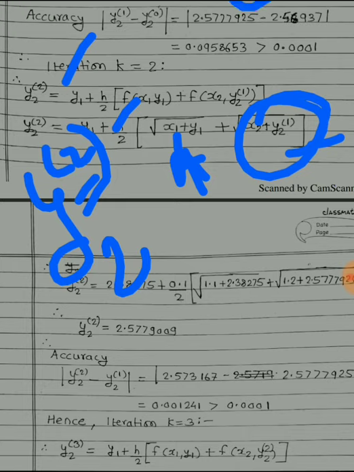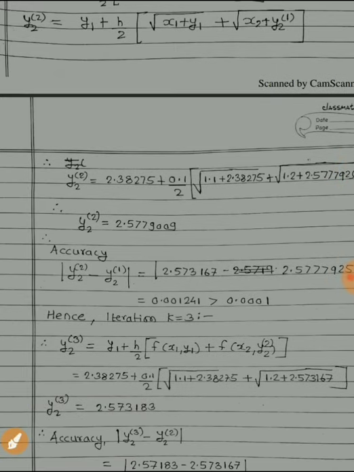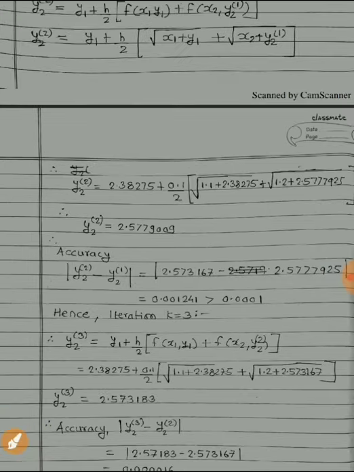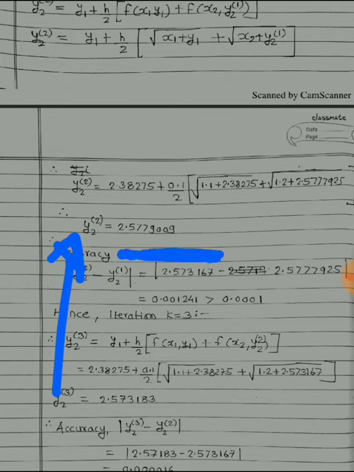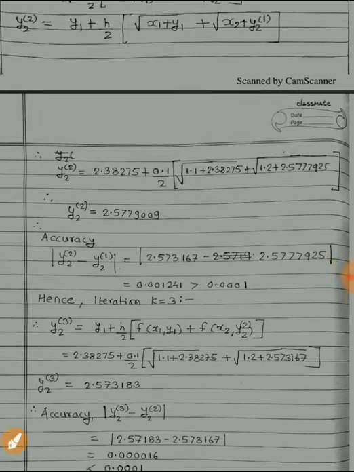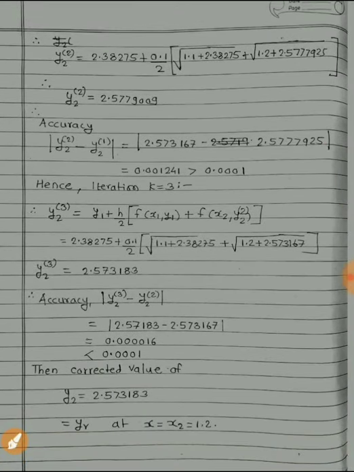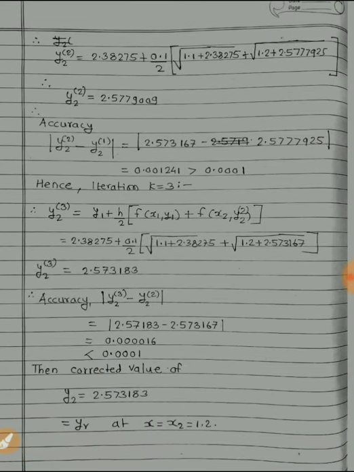So if we put all the values here in this equation, the values of y1, x1, y1, then x2, y2 raised to power 1, and if we solve this, you will finally get y2 of 2 is equal to 2.5779009. Once we got the value of y, the next work is to calculate the accuracy, and accuracy no doubt